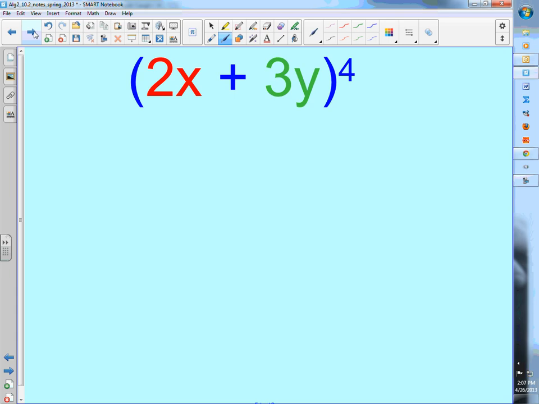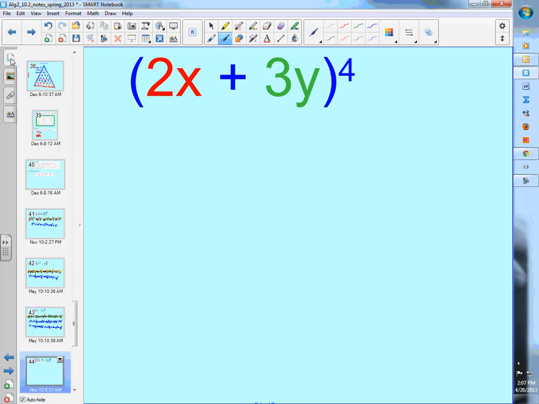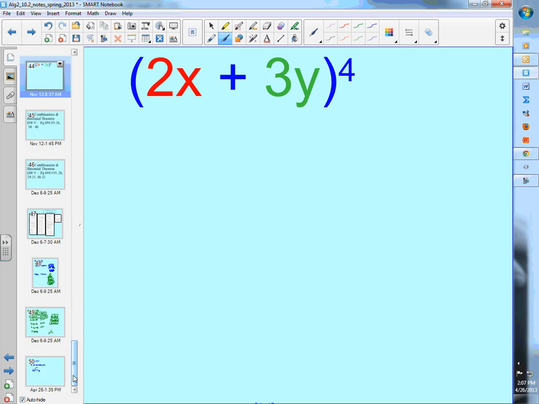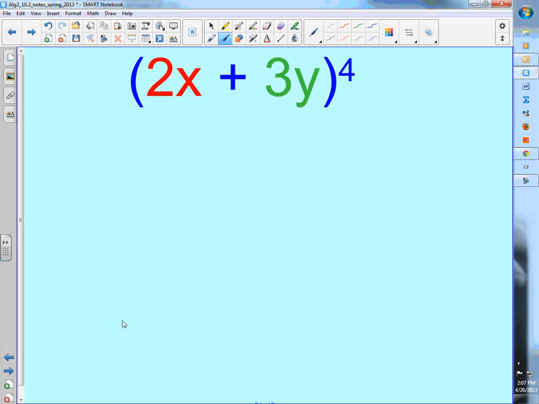Okay? The 4th row of Pascal's triangle: 1, 4, 6, 4, 1. Everybody gets a 2x, and everybody gets a 3y. See if you can complete it. All right, so 1, 4, 6, 4, 1. Make sure we're going to start with the 2x, 2x,